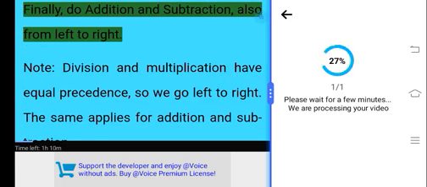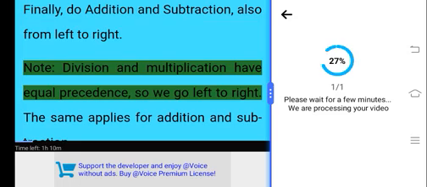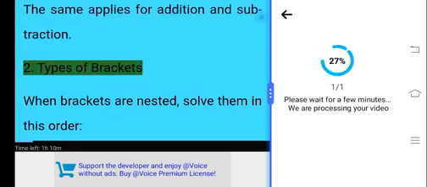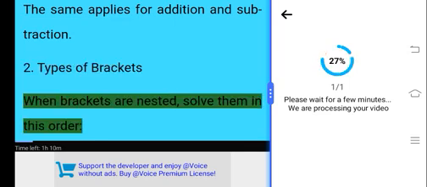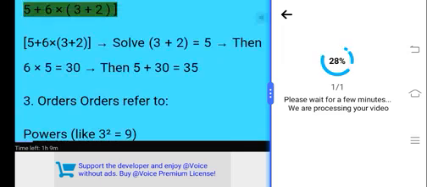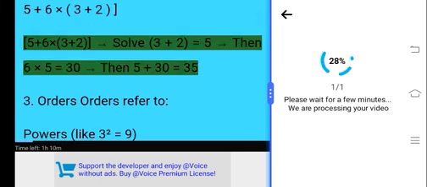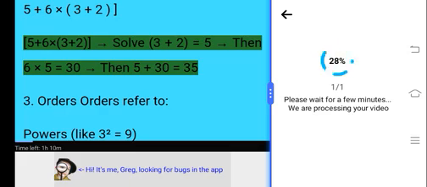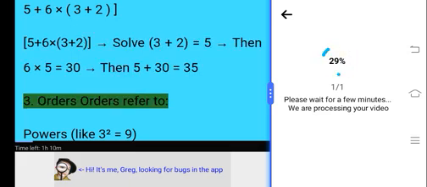Finally, do addition and subtraction, also from left to right. Note, division and multiplication have equal precedence, so we go left to right. The same applies for addition and subtraction. 2. Types of brackets. When brackets are nested, solve them in this order: parentheses, curly braces, square brackets. Example: 5 + 6 × (3 + 2). Solve: 3 + 2 equals 5, then 6 × 5 equals 30, then 5 + 30 equals 35. 3. Orders refer to